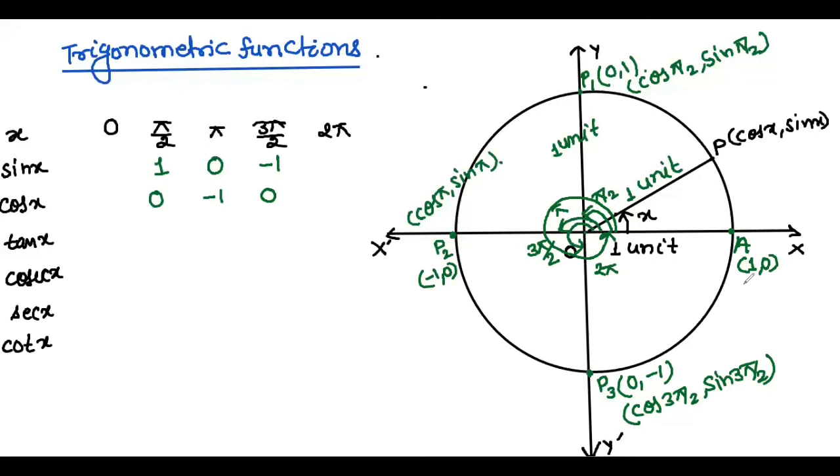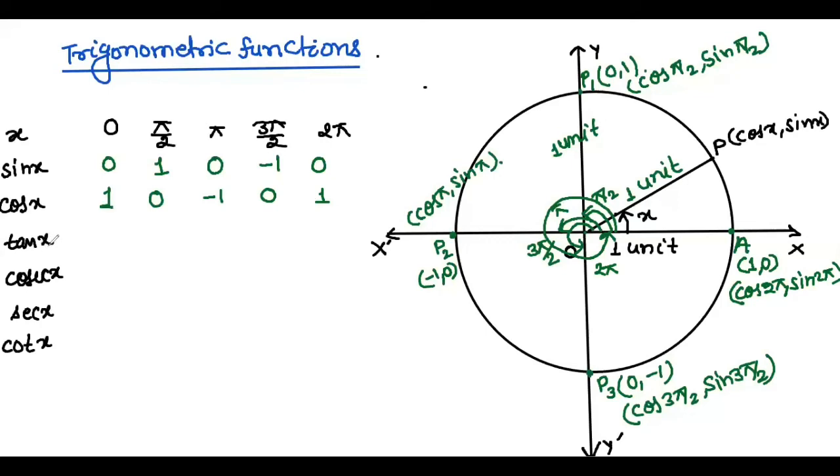So here we can write in terms of cos and sine, this is cos of 2 pi, sine of 2 pi. So cos 2 pi is 1 and sine 2 pi is 0. So we've got here trigonometric function values according to different radians or different angles. Now sine 0, I have told that this is 0 degree and 2 pi, 0 radian and 2 pi radian, both values are similar. So according to that, it is 0 and 1. Now we can find out the rest of the values of trigonometric functions.